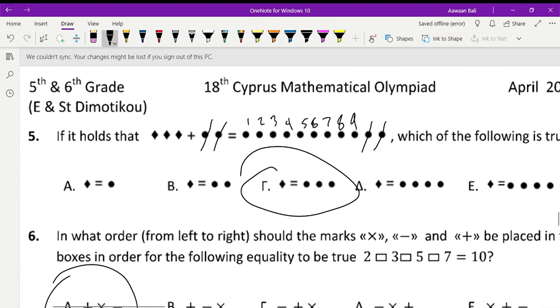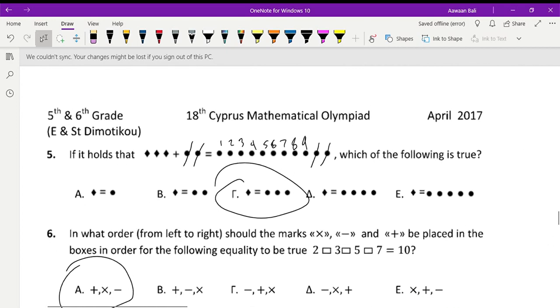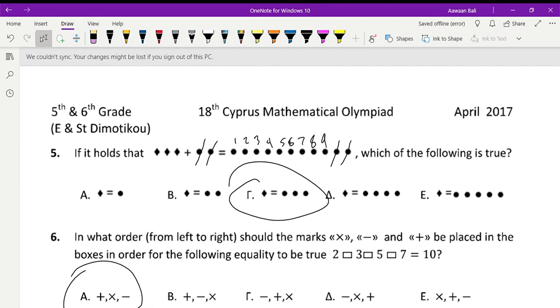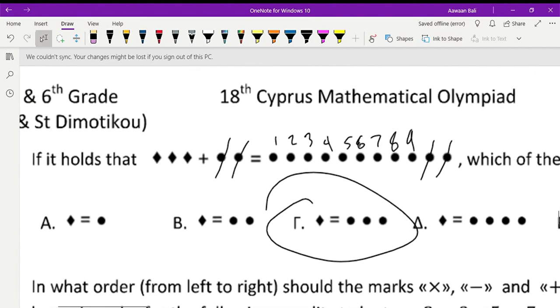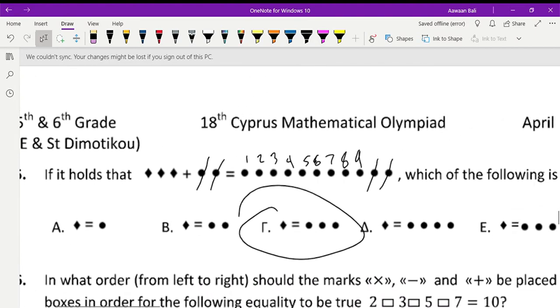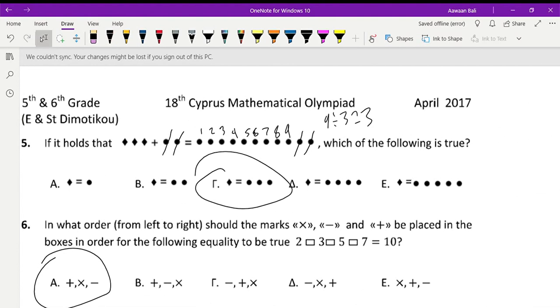Okay. So now when we're doing that, basically it has to say which of the following is true, and then basically it's asking how much is a diamond. So you divide both sides by 3 to find a diamond, since both are divisible by 3 and there's 3 diamonds here, and we're trying to find 1 diamond, so divide by 3. So 9 divided by 3 is 3, and then 3 divided by 3 is 1, obviously. So 1 diamond is equal to 3 circles, thus the answer is